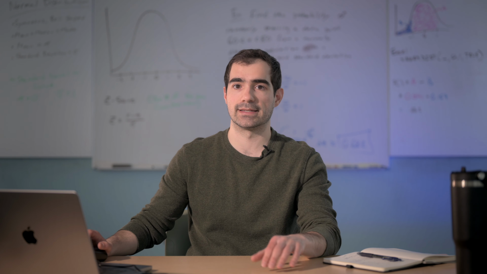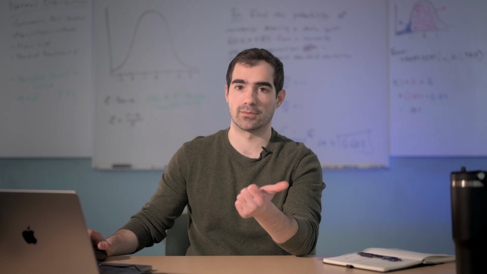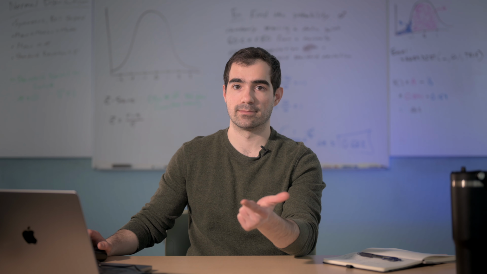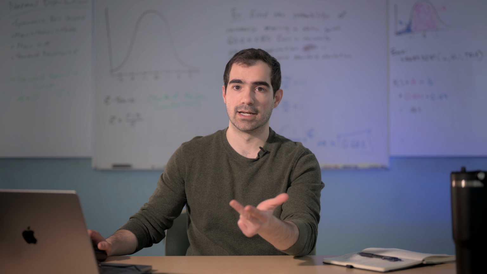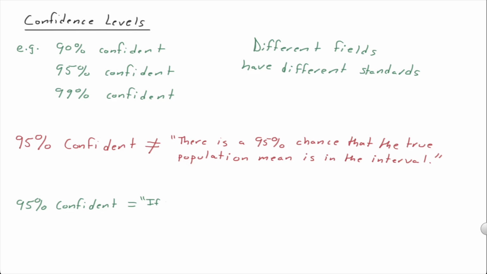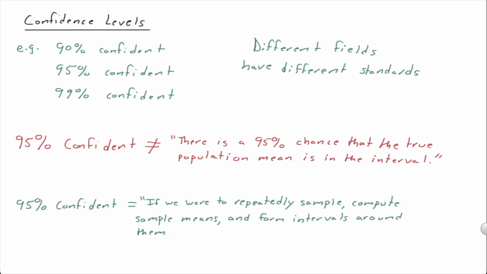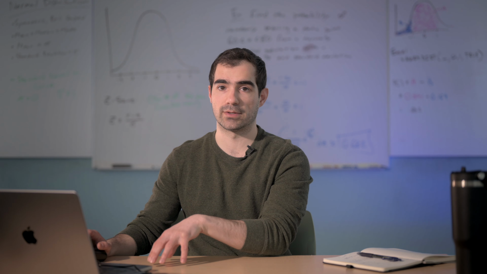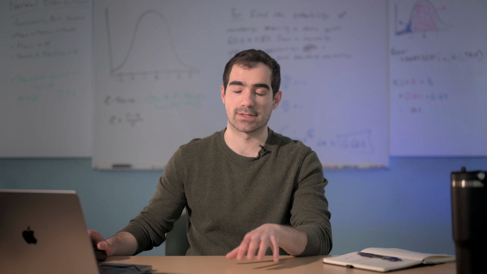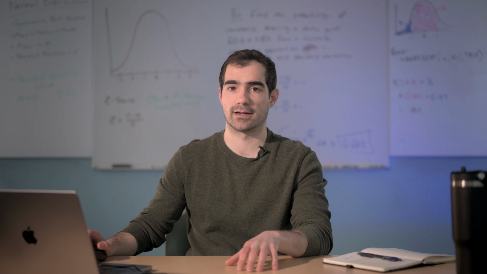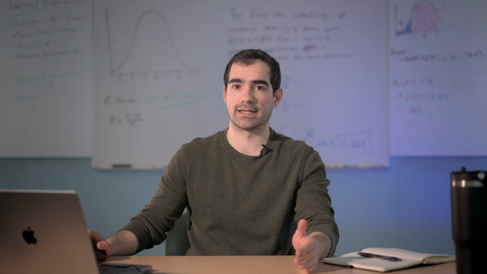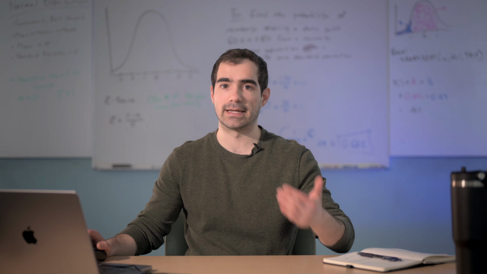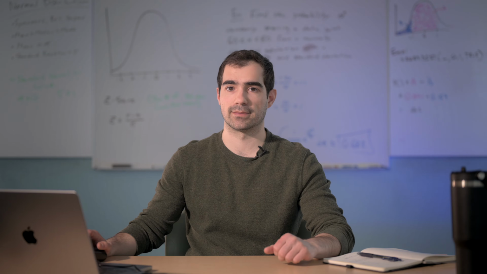Let's go back to our repeated sampling process. If we were to, number 1, take a random sample, 2, build a confidence interval around it, 3, put the data back, and then 4, repeat that process over and over and over again, then about 95% of those intervals that we build would contain the true mean. And of course, about 5% of them would miss that true mean. And that's what we mean when we say a 95% confidence interval. 95% of the intervals that would come about by repeatedly sampling would include the population mean.